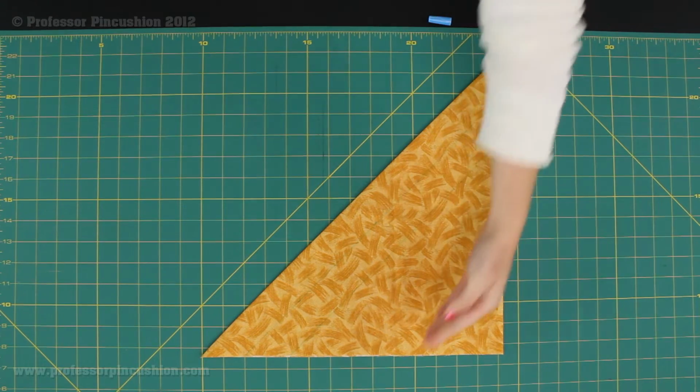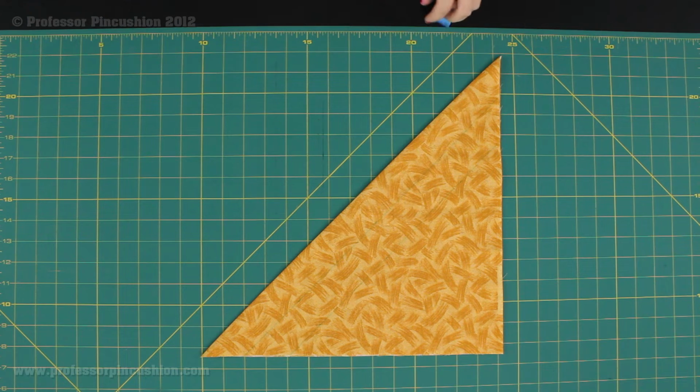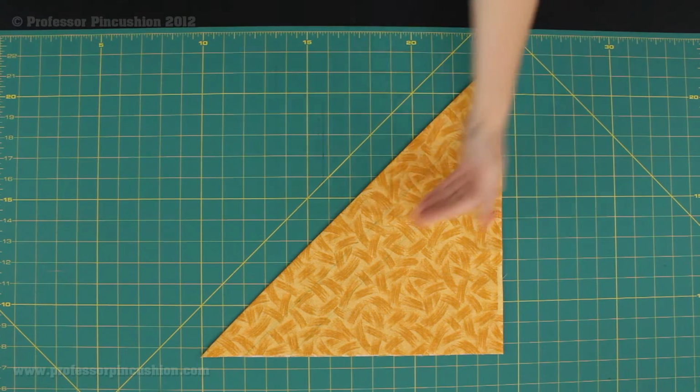Now, if at the point you get here and all of a sudden your strips are going to be really small, you can just forget that. You kind of want them to be kind of on the long side, so you don't have to cut as many out. Now, once you have all your markings done, you either use your scissors and you cut along your marking,